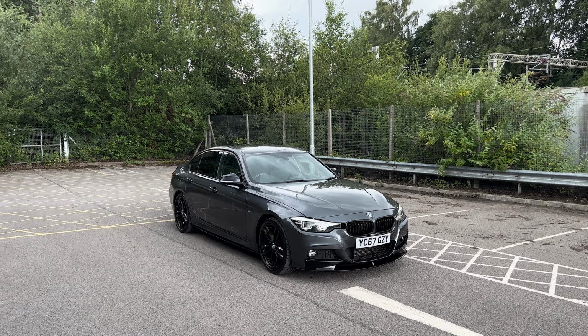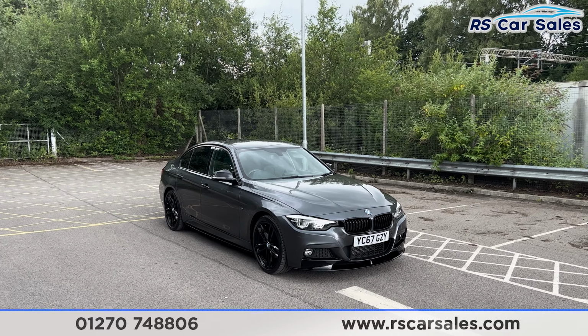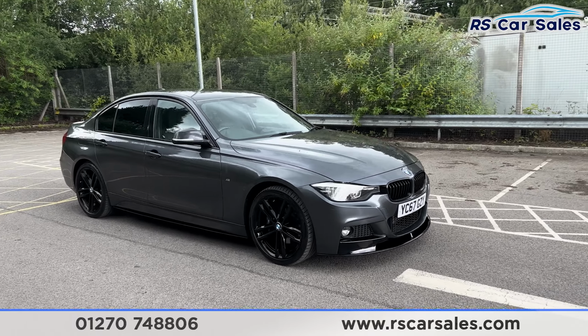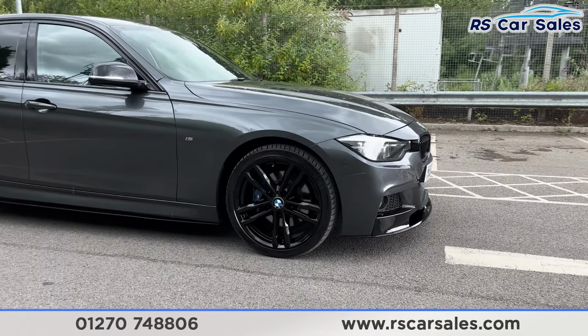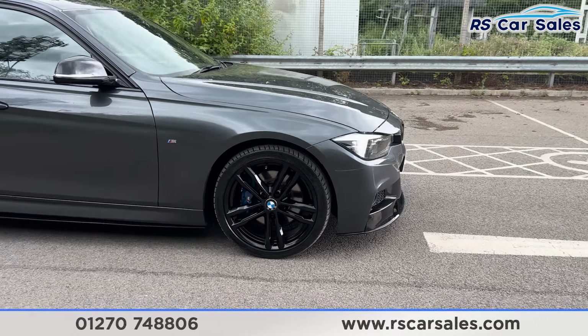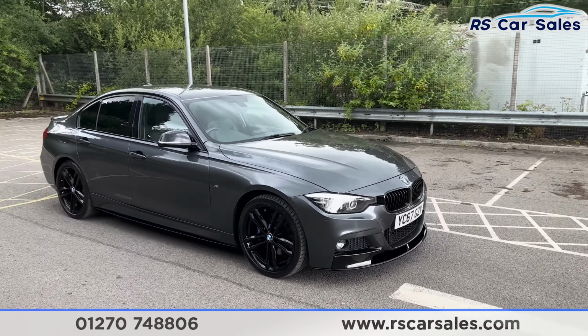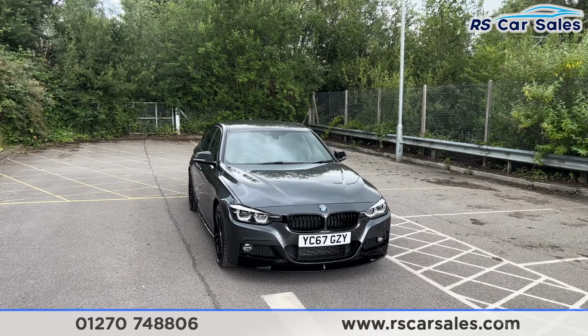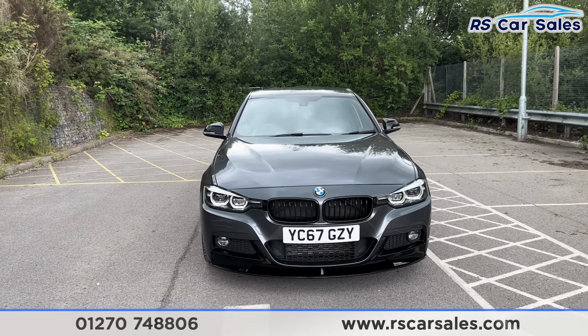Here we have a 67 plate BMW 320d M Sport Shadow Edition. Now this vehicle comes with the 19-inch alloy wheels finished in gloss black, all in excellent condition and unmarked. We have the blue M Sport brake calipers just behind. We have the mineral grey metallic exterior paintwork, the LED headlights, we have the gloss black front kidney grills, the